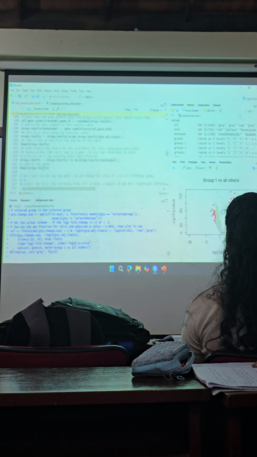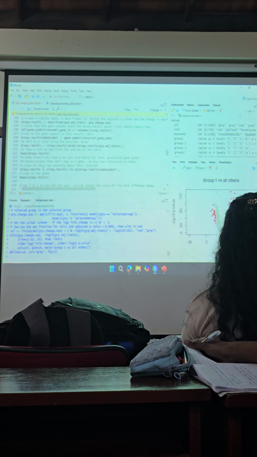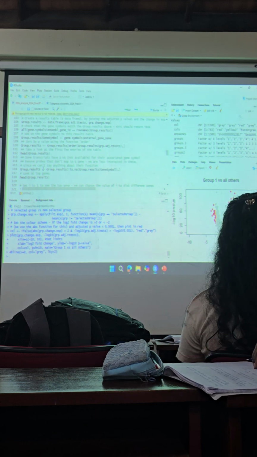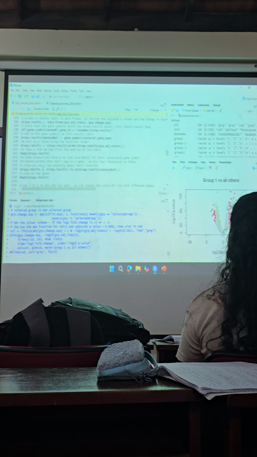So here what we did was we matched, so if you remember from the data set, we have the probe names, right? We just have the probe name, so we have to match the group names to the probe names, right? So we selected the DEGs, now we take the probe names of the selected